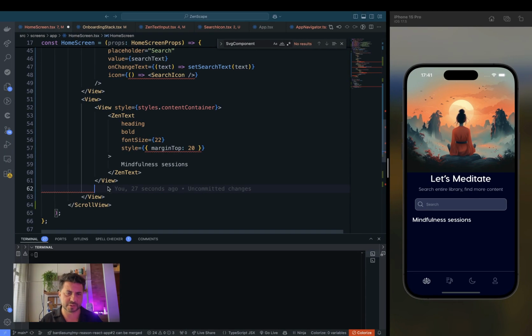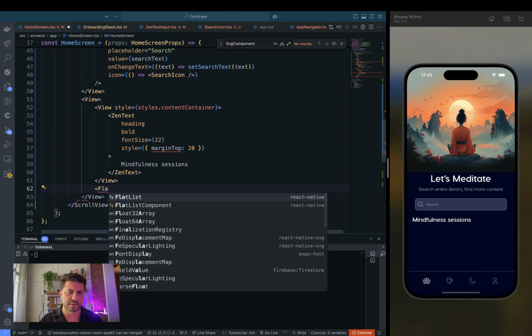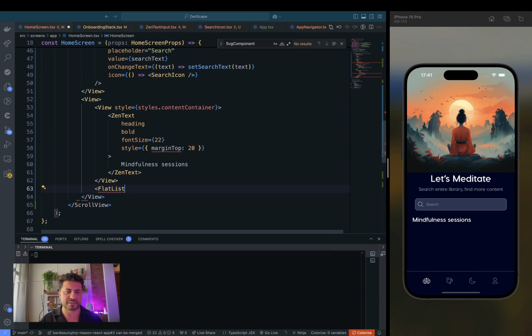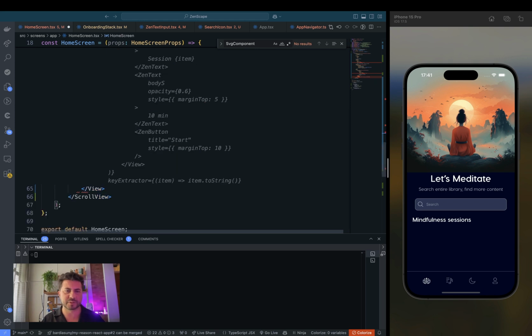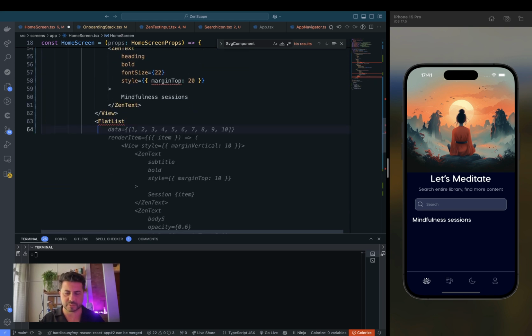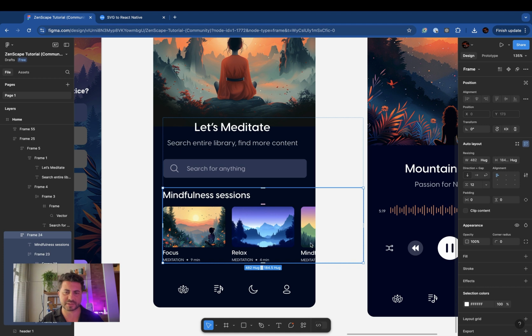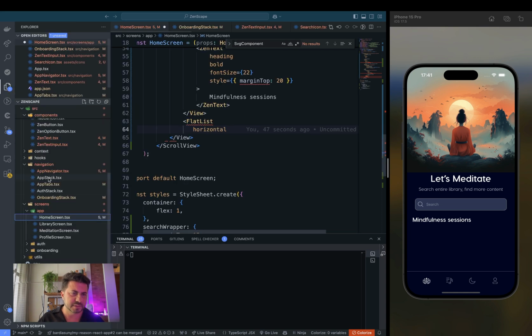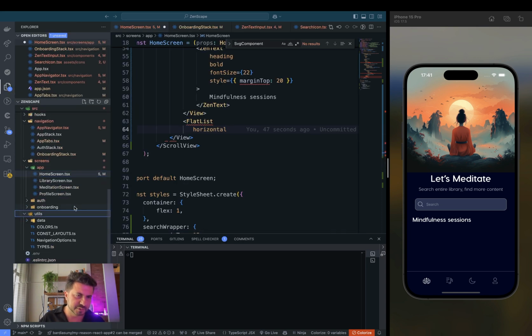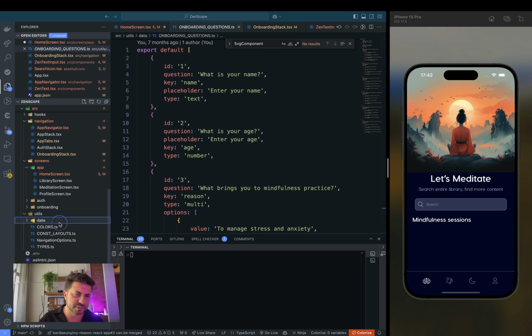The way I want to do the carousel is with a FlatList. If you remember, we used FlatList on the onboarding, and we use horizontal on it. We need these items. Later on, we're going to add these to our backend and grab these items from there. Just to design it, I'm going to have a JSON object. I'm going to add this to our utils, in the data folder, where the onboarding questions are. I'm going to add another one called